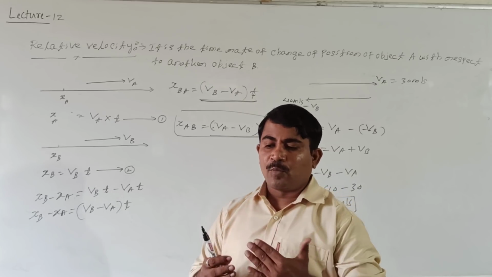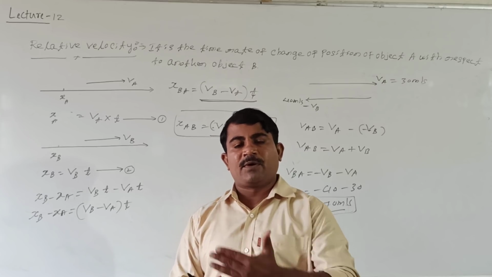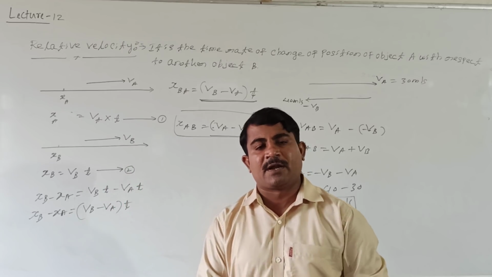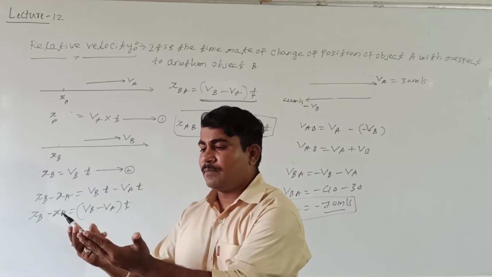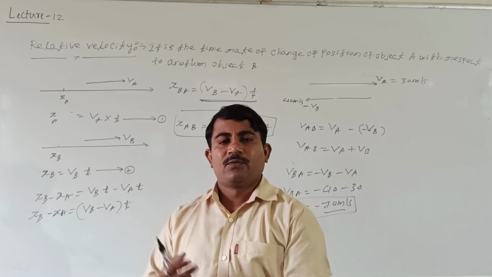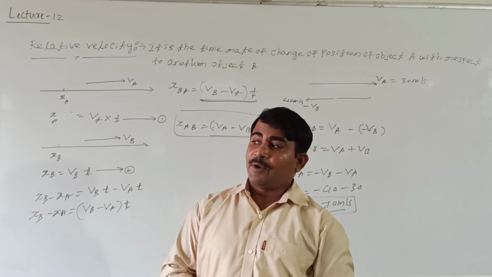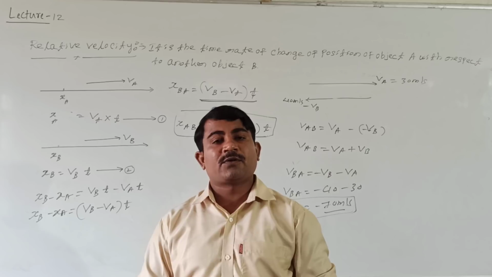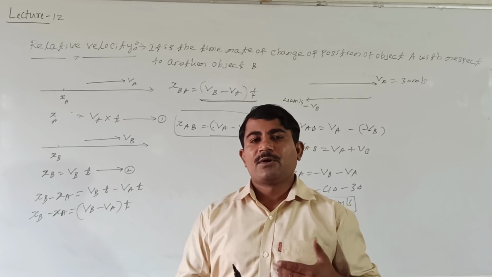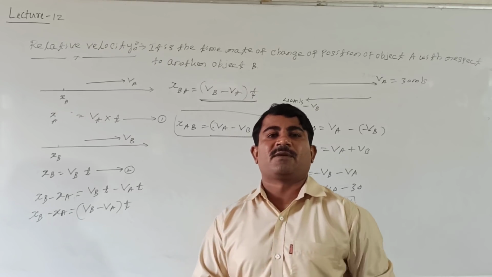See here, if two bodies are at rest, we can feel that no objects are moving. For example, two persons are sitting opposite each other in the compartment of a train. If you observe him and he observes us, we feel both are moving while we are at rest. But if you observe the trees outside, what can you feel? Trees are moving in backward direction. Actually, who is moving? We are moving, not the trees. This is nothing but the relative velocity.